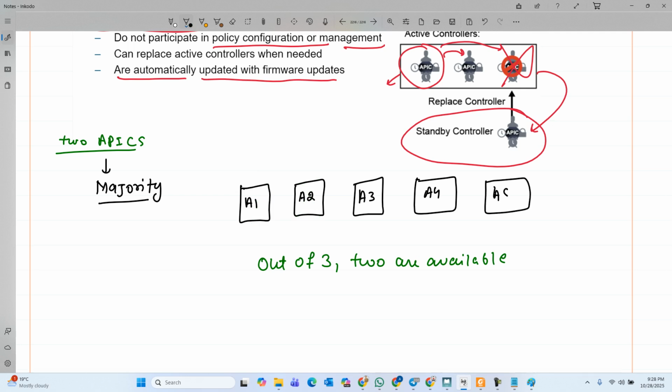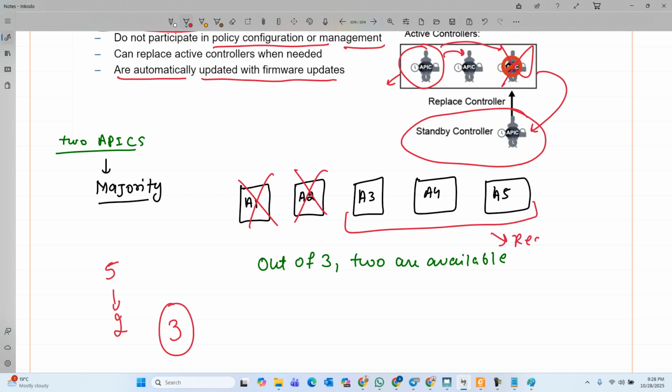If we had five in place of four, we would have more chances of keeping write access. In this case, if two APICs go down, we know that in total we had five, but out of five only two went down, so we are still in the majority. If you are still in the majority, you will have read write access. So the APIC cluster uses this option of odd numbers because it gives us